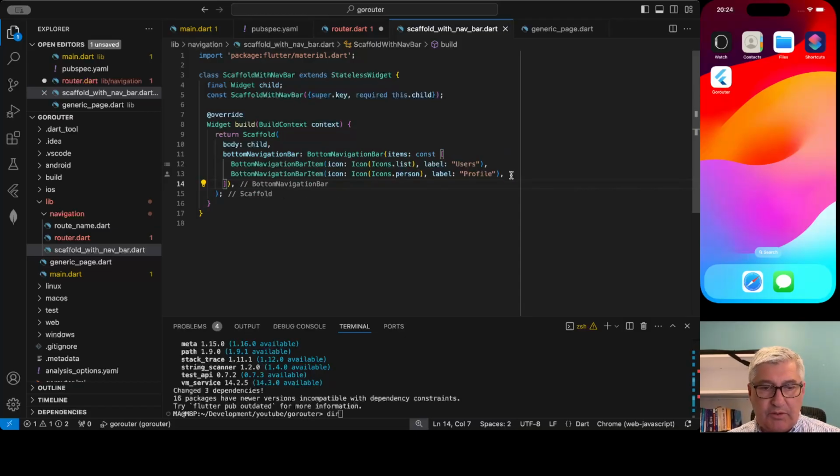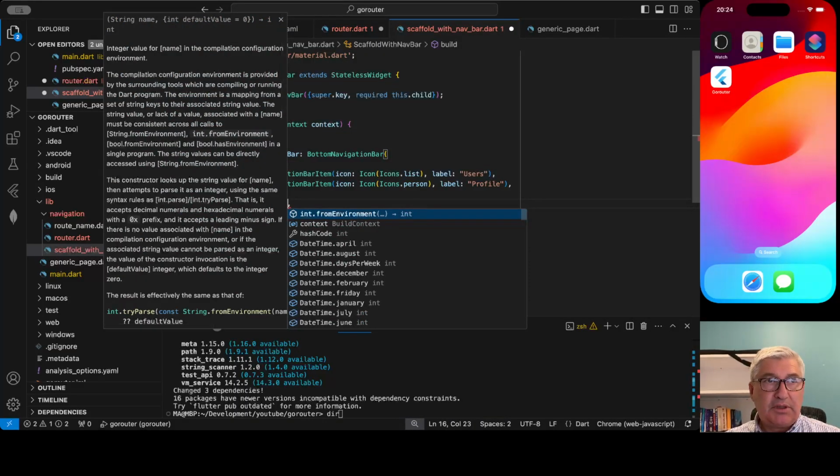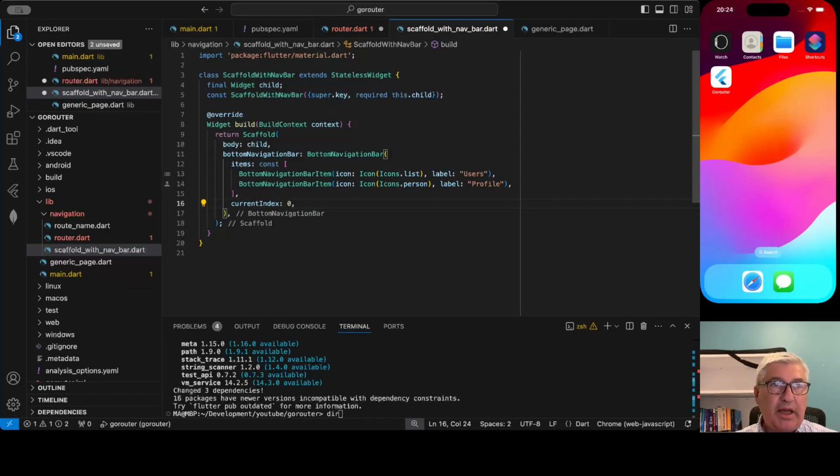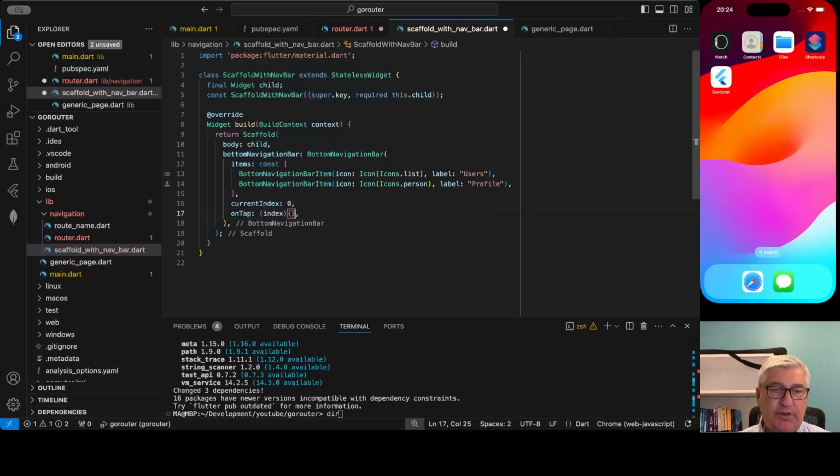Now what we can do is we can also initialize this with the current selected index of the navigation bar. So current index will be 0, and it needs an on-tap property, let's call it index,